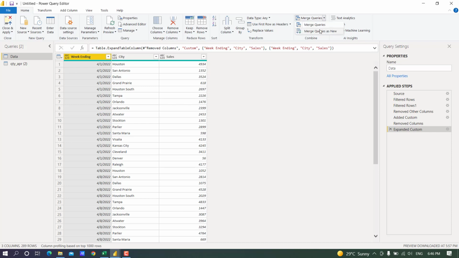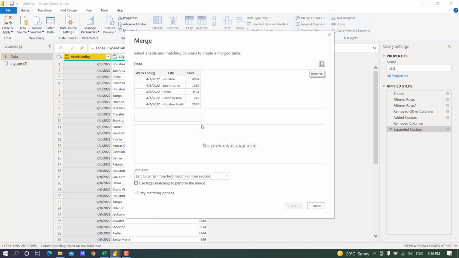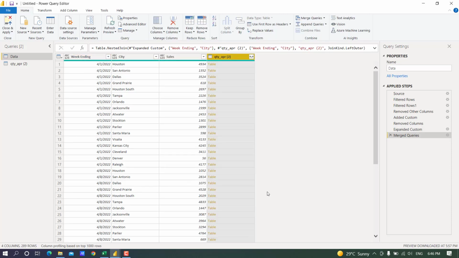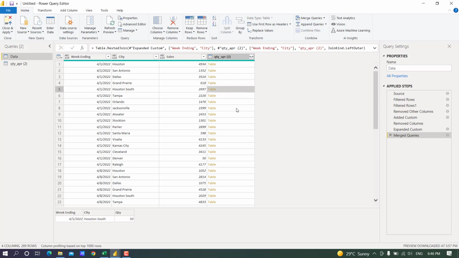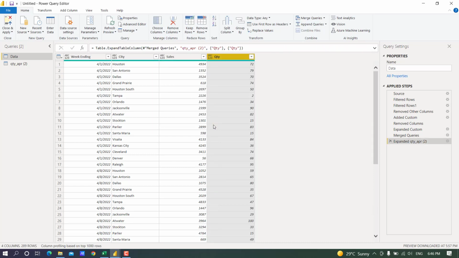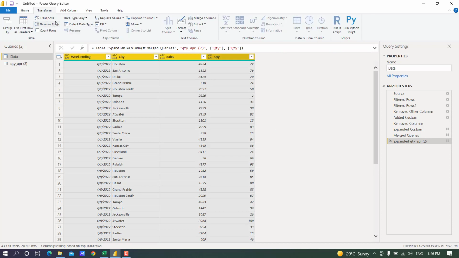Home, merge queries. I will merge both the queries. So week ending with week ending, cities, control click on city, and click on city we have cells, and quantity we will combine. Click OK, and from this one, for Houston and this date, we have this already. We need the quantity only. I do not take the other columns, only the quantity. This is the quantity. So now select everything, transform,